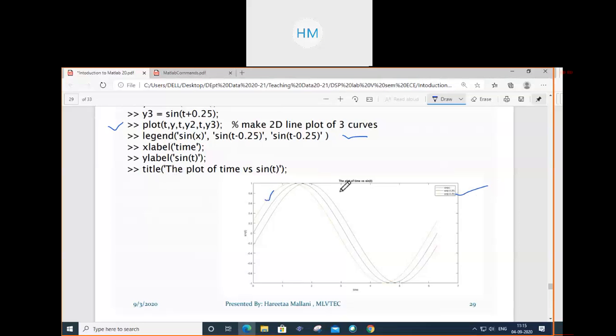If I am having n number of waves on the same graph, we should use the legend function. Clear? Sin t, then sin t minus 0.25 second, it is red color. Third, it is green color. This one. So is it clear? Because in the first 2-3 experiments you have to plot all the graphs.